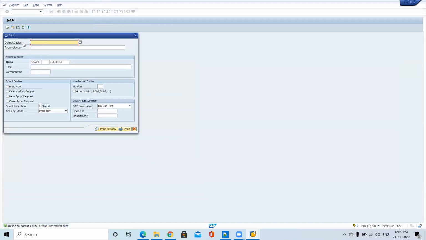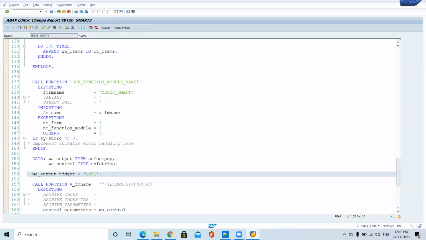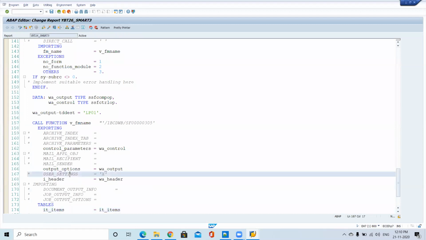So here also, even though you are passing, it's not available. So then what we have to do? We have to pass one more parameter, user settings equal to X.